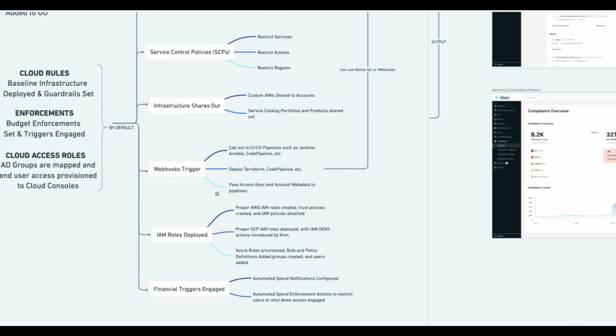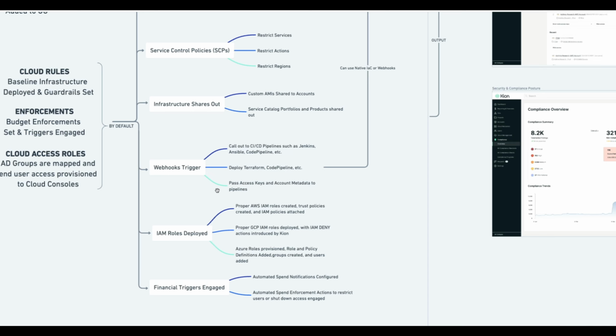In addition, for those who want to chain multiple systems together, your webhooks will trigger out. So Kion has the ability to pass information and contextual information about where that account lives, what the infrastructure might look like on that account, access keys, if so desired, to have those shared out for your workloads or pipelines to run, and any other account metadata that helps to run Terraform, CodePipeline, or whatever other CI/CD systems that you may want. Lastly, the IAM roles get deployed